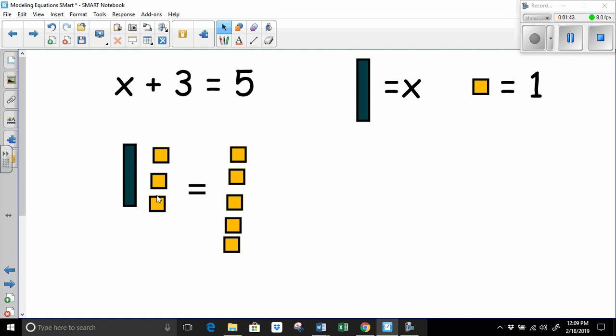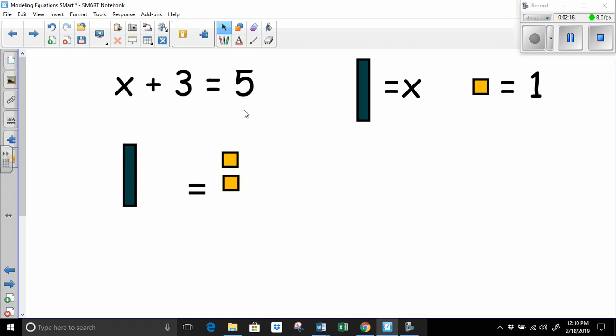And in order to keep it balanced, whatever we do to one side, we have to do to the other. So to get this bar by itself, I'm going to take away 1 from here, which means I need to take away 1 from the right-hand side. I still need to take away 1 from the left, so I have to take 1 away from the right. I still have 1 more on the left, so then I'm going to take 1 more away from the right. So what this tells us is that 1 bar, which is x, is equal to 2 units,